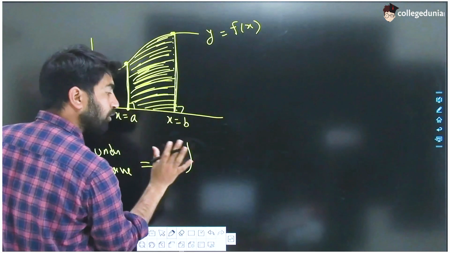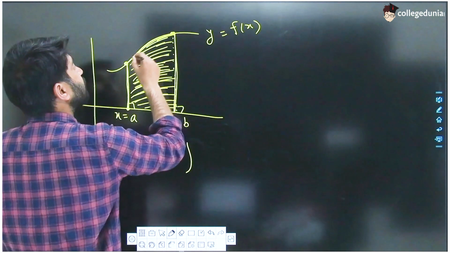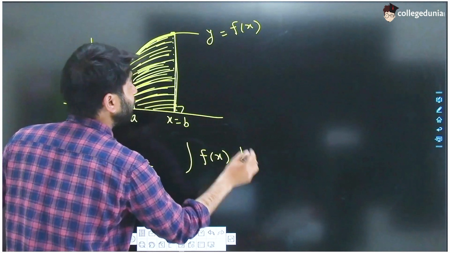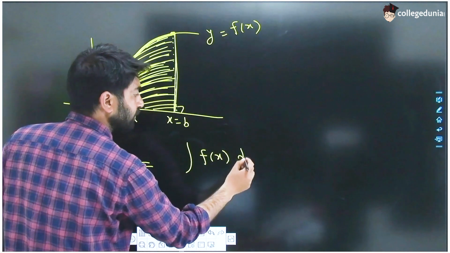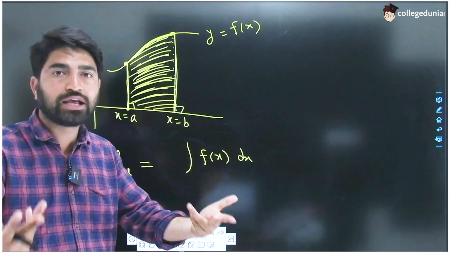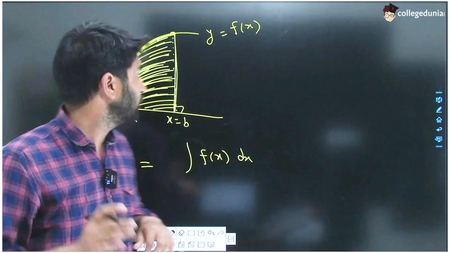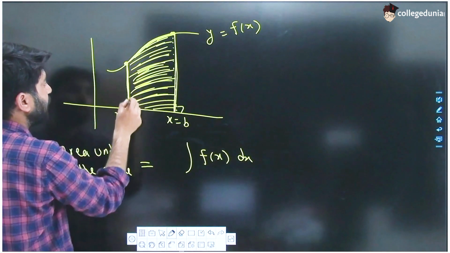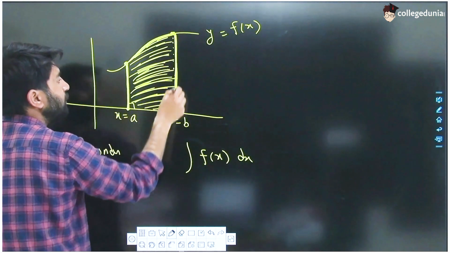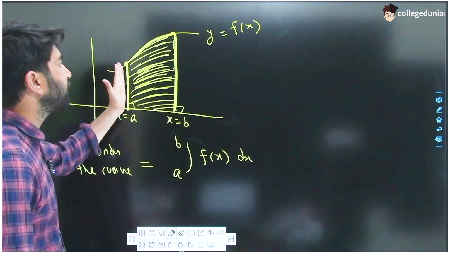लाइक दिस। आपको इंटीग्रेशन का जैसे साइन आप बनाते थे वही आपको बनाना है। ये कर्व की जो इक्वेशन है गाइस, द इक्वेशन ऑफ दिस कर्व इज y इक्वल टू f(x), so we will have to integrate f(x) with respect to x, ओके। बट इतना अगर आप करेंगे तो ये तो इंडेफिनिट इंटीग्रेशन ही रहेगा। हमें एरिया चाहिए, और एरिया में एक लिमिट है कि हमें कहां से कहां तक का एरिया चाहिए। तो गाइस इन द ग्राफ यू कैन क्लियरली सी, हमें एरिया जो है इट शुड स्टार्ट विद a और खत्म कहां पे हो जाए, b पर। a से शुरू हो जाए एंड b पर खत्म हो।